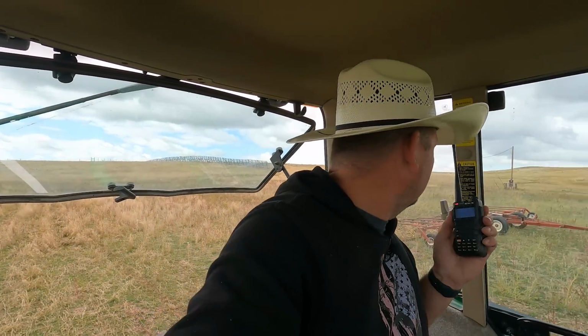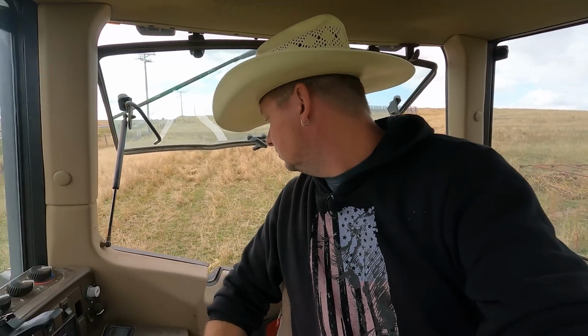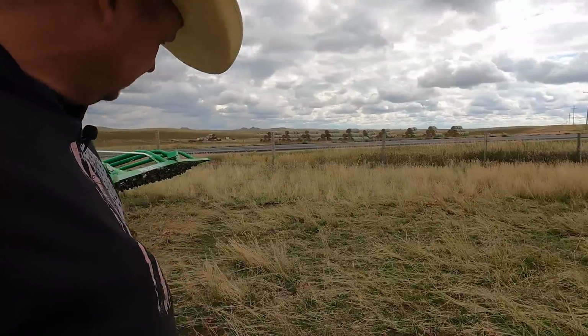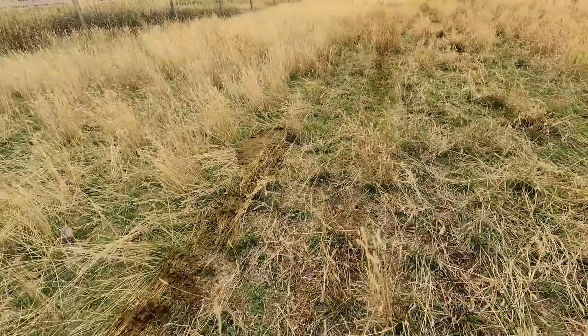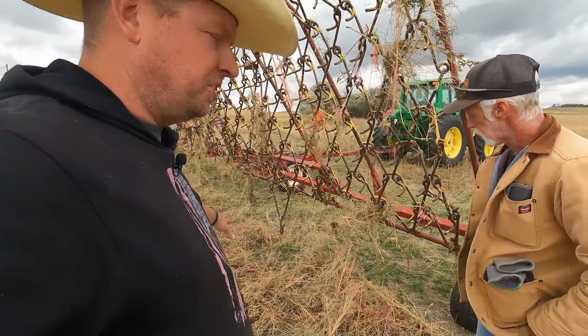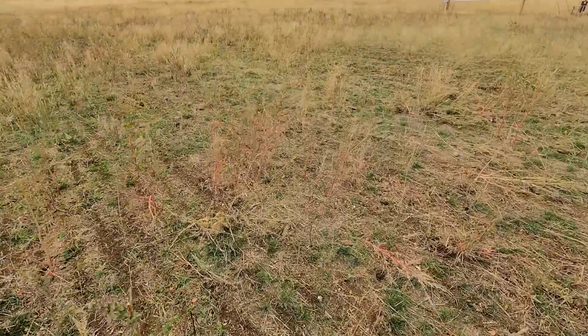All right, let's stop right about here. Go ahead and lift yours up, and then I'll lift mine up as well, and we'll be able to see what we got underneath. All right. So this is where we passed over with the Hustler. You can see we've even got into some fresh manure there. Over on Jeff's side with the old Harrow, still picked up a lot of stuff. Broke off a lot of those weeds and stuff. Still got a lot of material down in here. Obviously wider, we're able to go faster, get more done. But when you look at the two side by side,